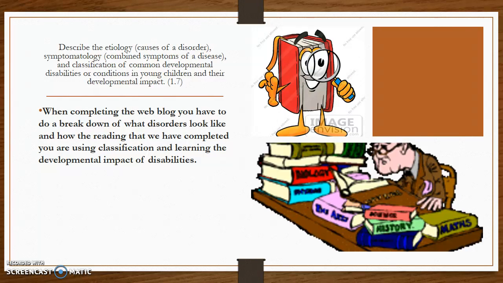Describe the etiology, causes of a disorder, symptomology, combined symptoms of a disease, and classification of common development disabilities or conditions in young children and their development impact. I put the web blogs for this one because when we researched an article or got someone else's perspective from a TED talk or something like that, we had to honestly